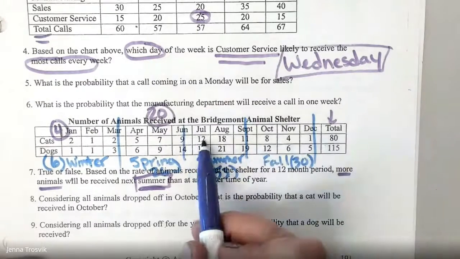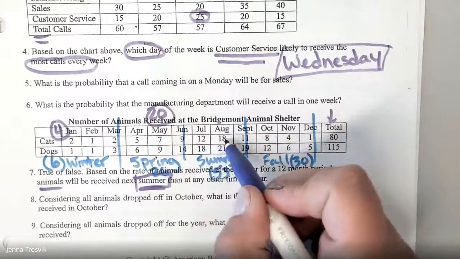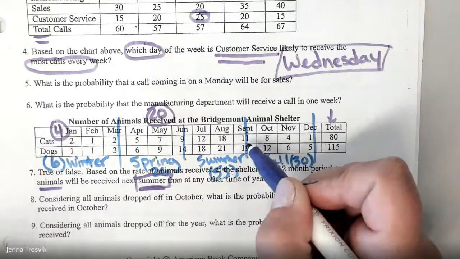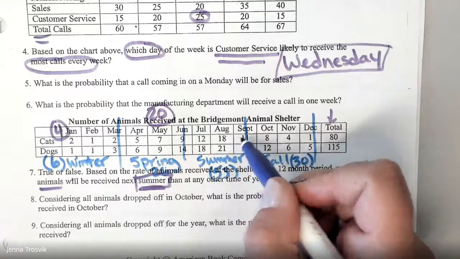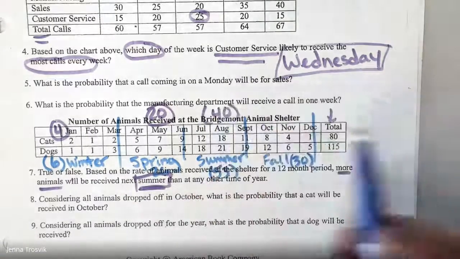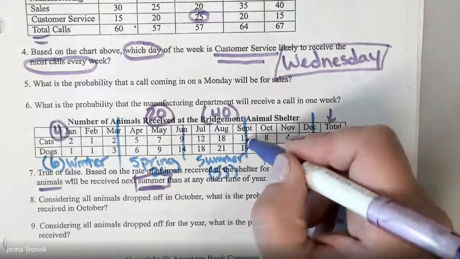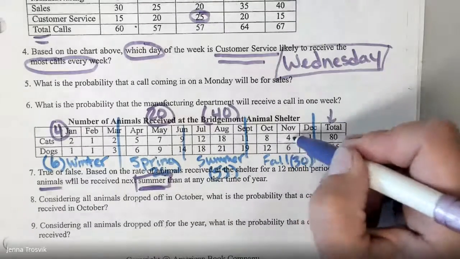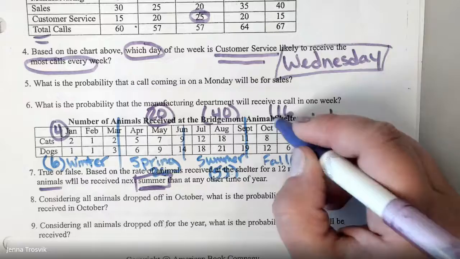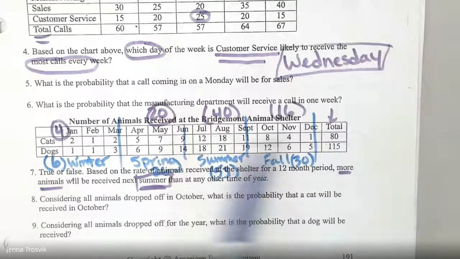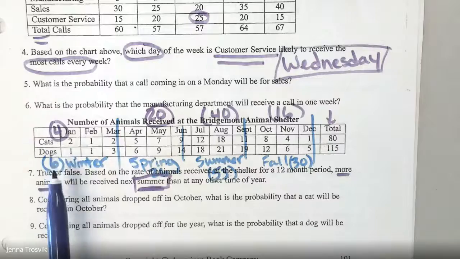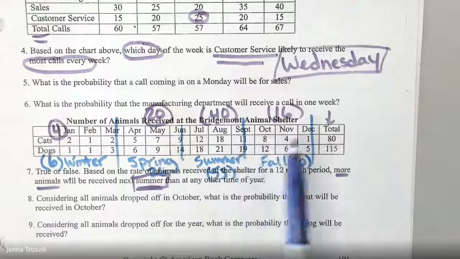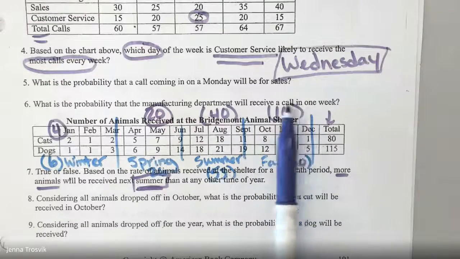Now, we didn't use 2, so I'd add that to the 12. That would be 14. Plus 18 more would be 32. Plus, let's say, 9 more, or 8 more. Let's go 40, just to make it easy. 40 for summer. That would leave me with 3 plus 8 would be 11 plus 4, 15, 16 about for fall. So if you look, again, we have very little in the winter time. We have similar amounts in the springtime, a big jump in the summertime, and fall, whoa, we have 16 versus